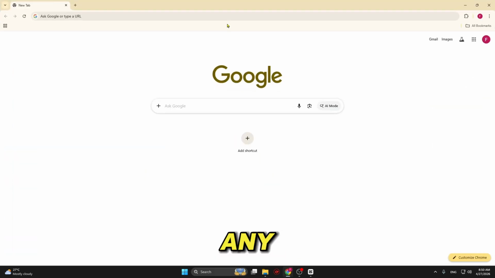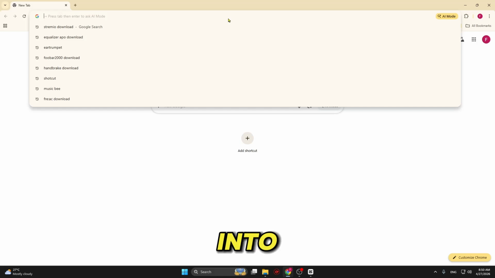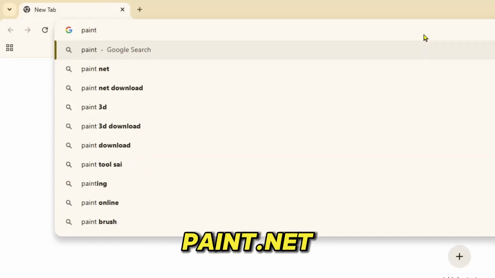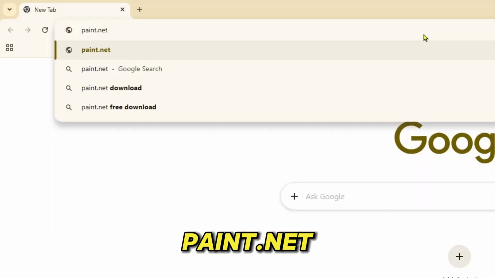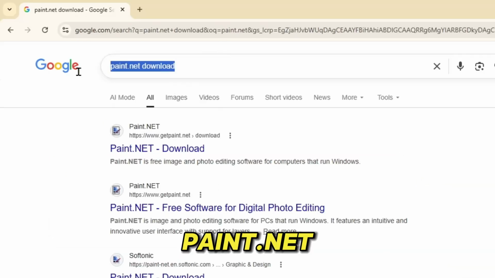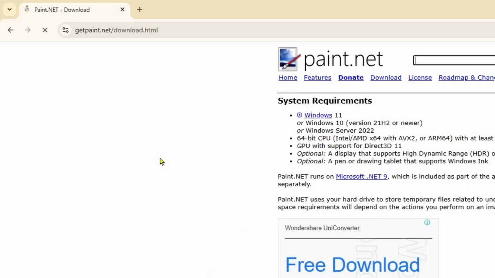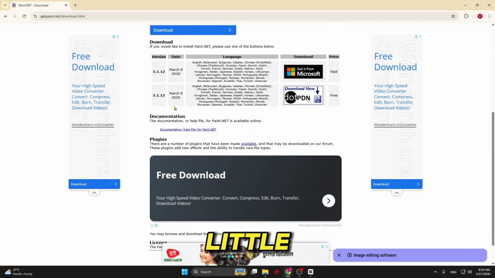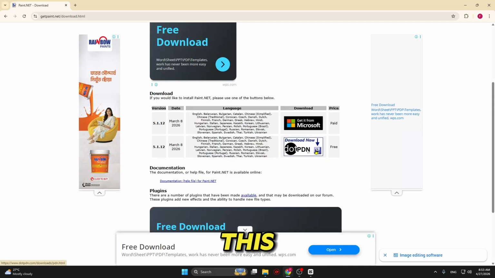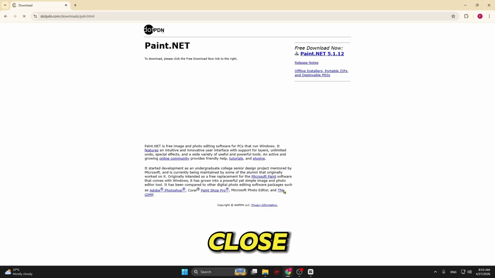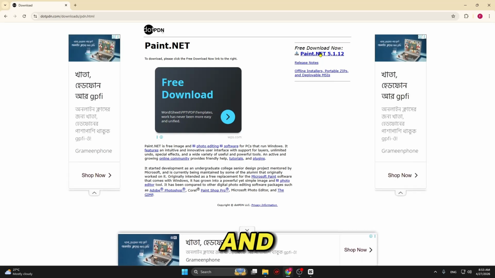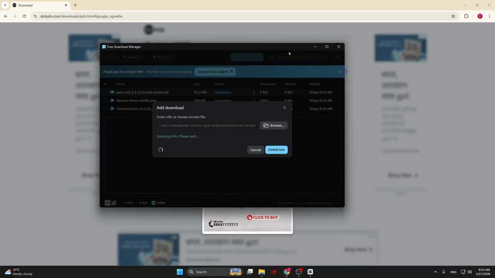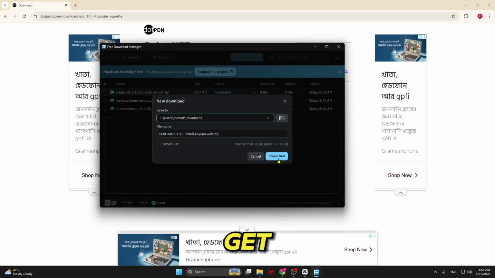You have to open any of your favorite browsers, then simply come over into the search option and simply search for Paint.net. Click enter. Click on Paint.net download. And from here you can simply scroll down a little bit, simply click on this one, click on close, and over here you can simply select this Paint.net, close, and from here you're going to get the download option